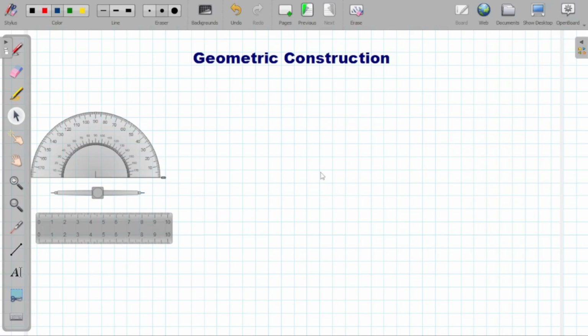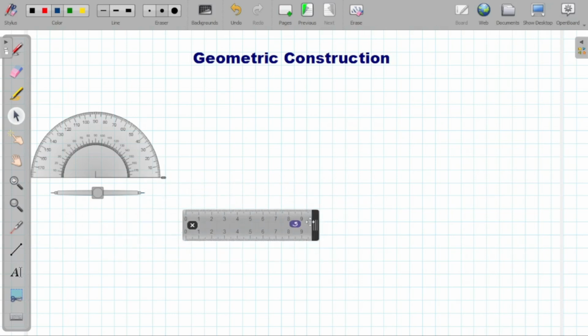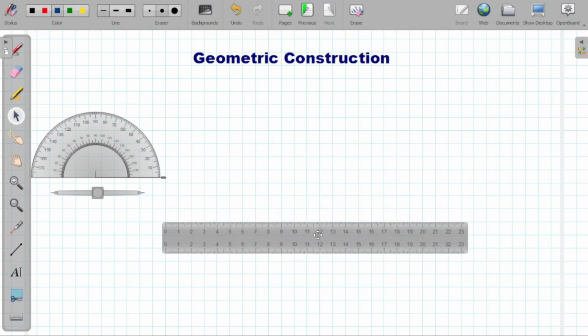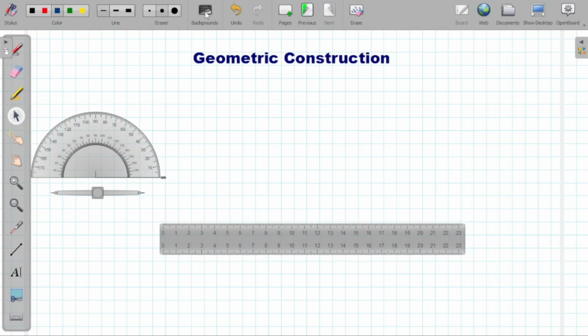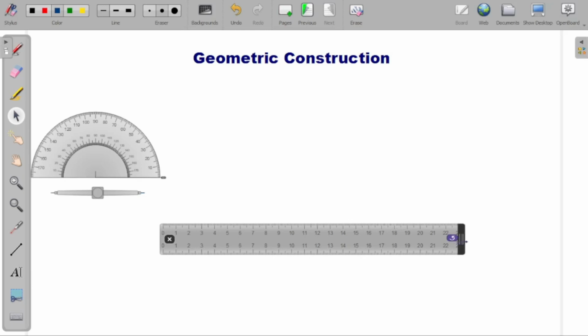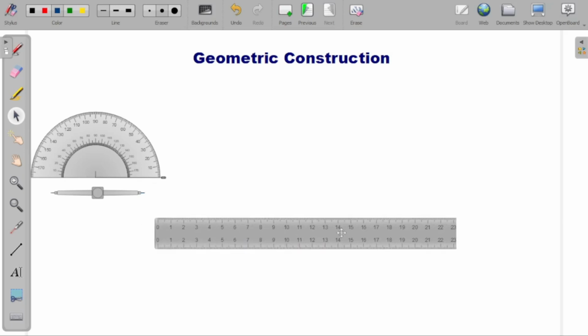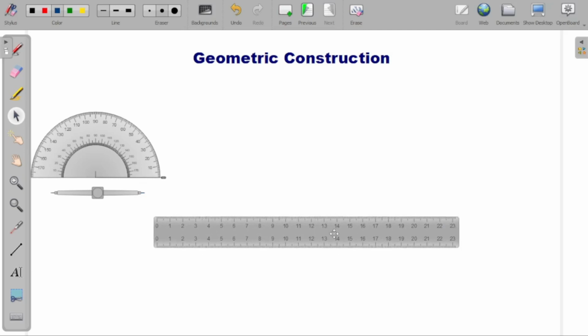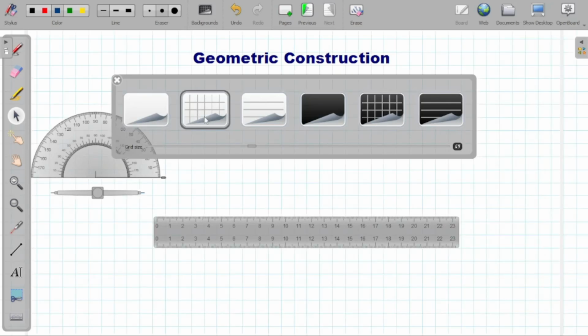So let's start with how to construct a line before we look at how to construct the angles. To construct a line, all we need to do is grab our long rule. Okay, let me extend it. If you are using an exercise book where you have these guidelines inside, it makes work easier. But in case you are using a plain sheet like this, it doesn't really matter, but just make sure you have your long rule at the center of your drawing sheet, and then you are good to go. So for me, I will be using this guide